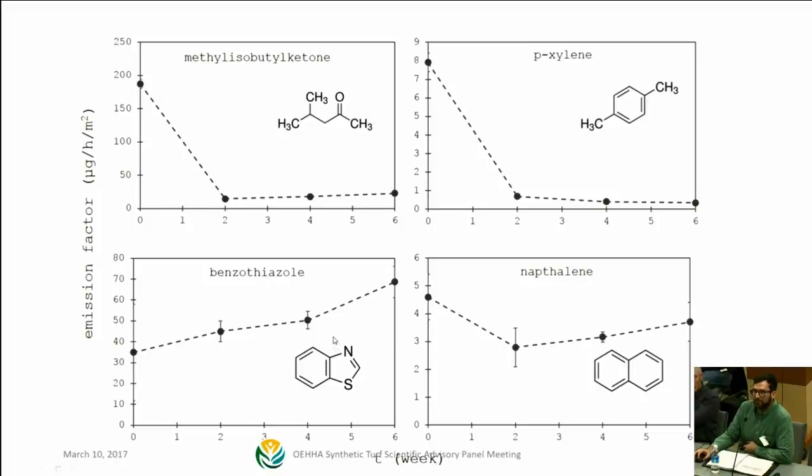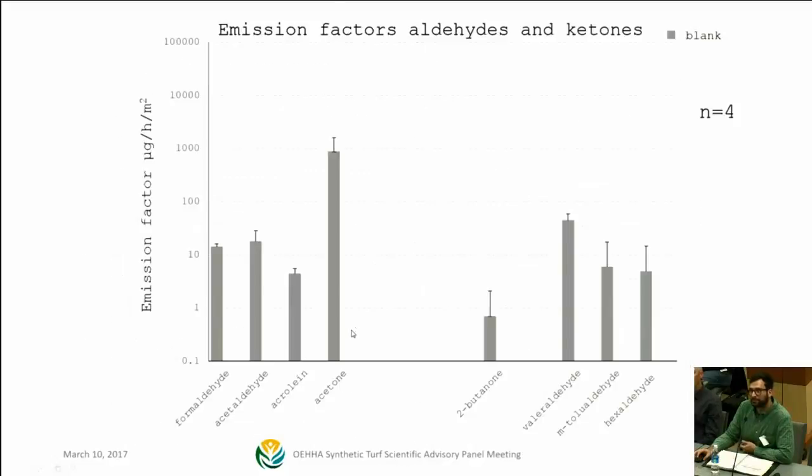We really don't know the reason, but for the results that we have, this seems to be the case. Now moving to the data for the aldehydes and ketones, again, the same principle. I'm going to show what is coming just from the aluminum trays that we have in the chambers. You can see a little bit of formaldehyde, acetaldehyde, acetone,